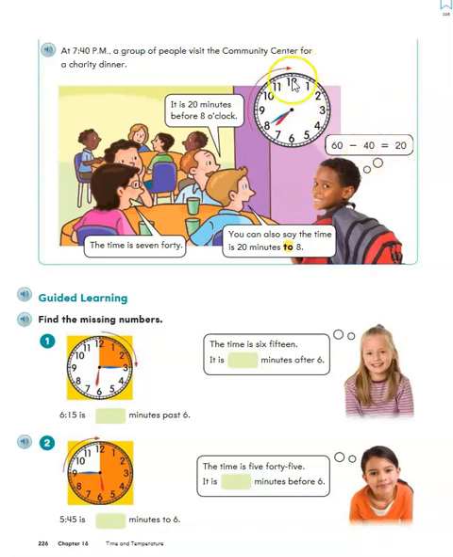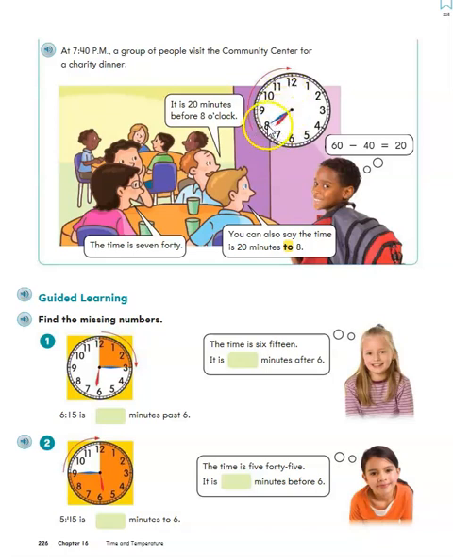So we know that the whole way around the clock is 60 minutes, right, guys? So from the time that the minute hand is up on the 12, for it to go all the way back up to the 12 is a total of 60 minutes, since we know there are 60 minutes in an hour. So if we were to